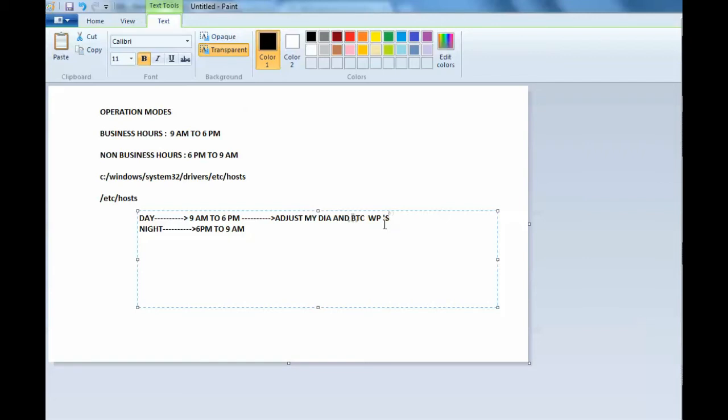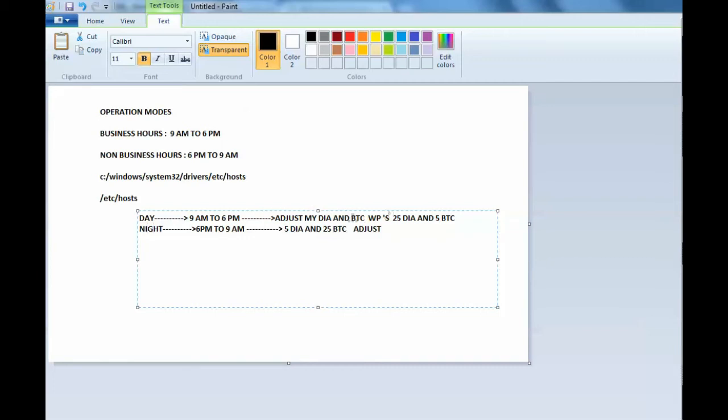So I will increase to 25 dialog and 5 background. And here, for the night, I will adjust to 5 dialog and 25 background. This should be adjusted for the operation mode night.